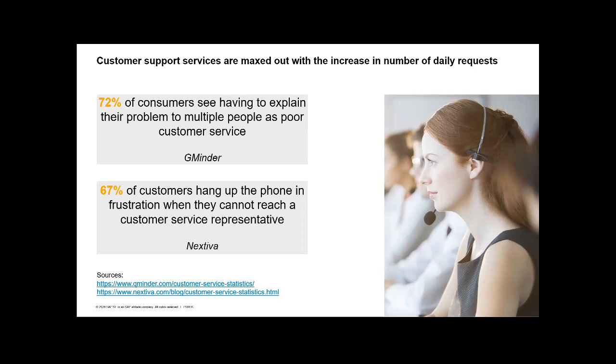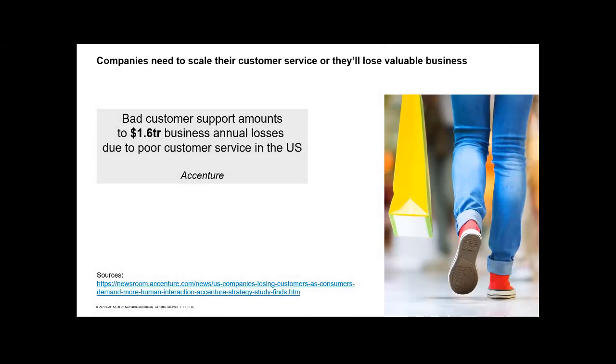Why it should matter is this slide here, because bad customer support creates annual losses of about $1.6 trillion only in the US. So only in the US, companies lost about $1.6 trillion because of bad or poor customer service. And if you can make your customer support better with a chatbot or a digital assistant, you should maybe do that, and then you get a part of this cake.